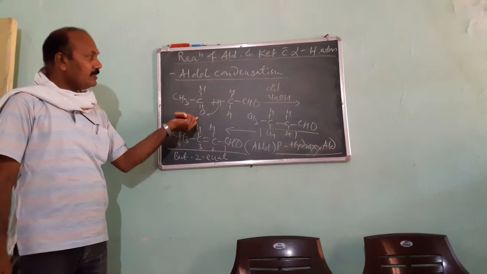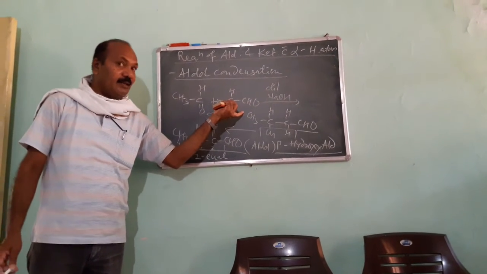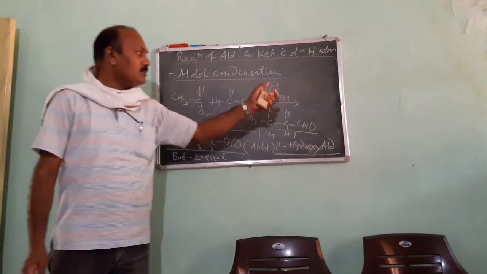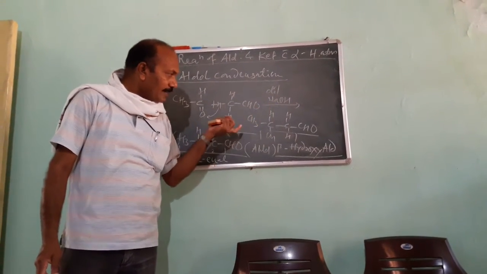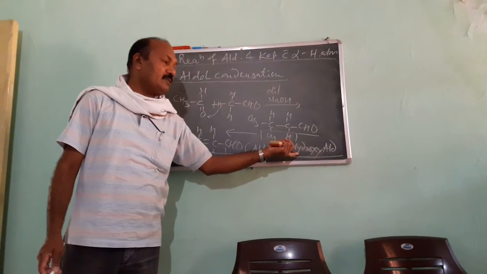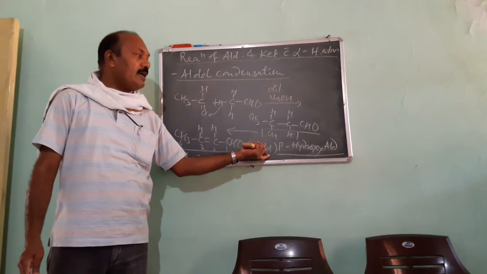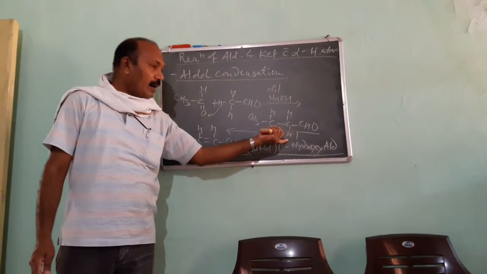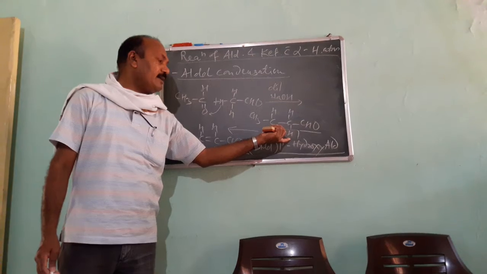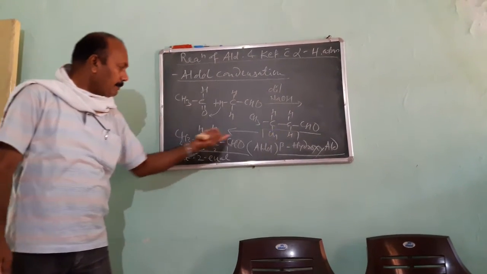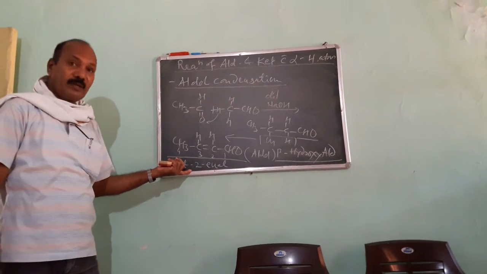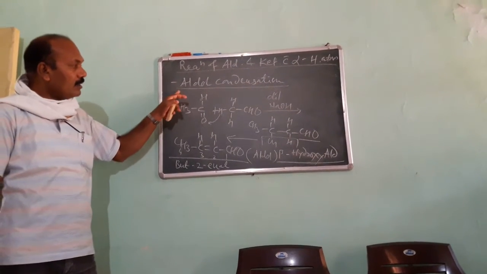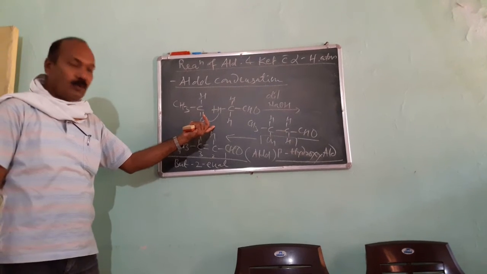So when the first ethanal reacts with the second ethanal, means the reaction takes place between two same aldehydes in presence of dilute NaOH. The reaction takes place to form beta hydroxyaldehyde, that is also called aldol, which further eliminates a water molecule, from the adjacent carbon atom the OH and H atom are eliminated, and finally there is formation of butenal, that is called the final product of aldol condensation having two aldehyde groups.